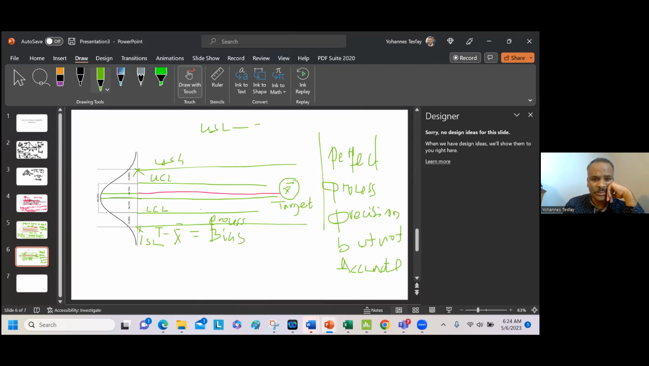So upper specification limit minus the target divided by 3 sigma. You see, this number is different from upper specification limit minus process mean, that is x bar, divided by 3 sigma. You see, these are different. So in this scenario,